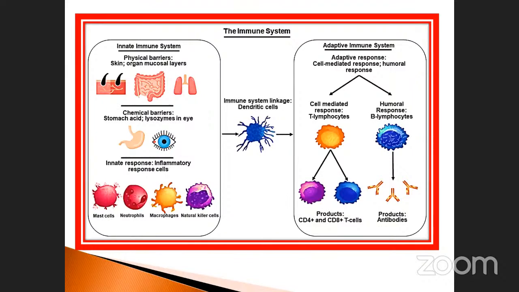Physical means your body already has immune systems, because the skin is one of the immune systems, and the stomach is also one of the immune systems. Lungs are also one of the immune systems. Eye, and also, sorry, this one is called the intestines, the large intestine as well as the small intestine. This one is called the stomach. So these are all chemical barriers. This one is the physical barrier. This one is called the chemical barrier.